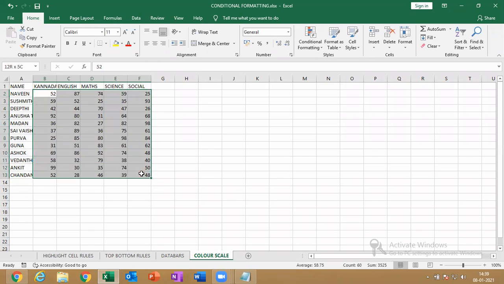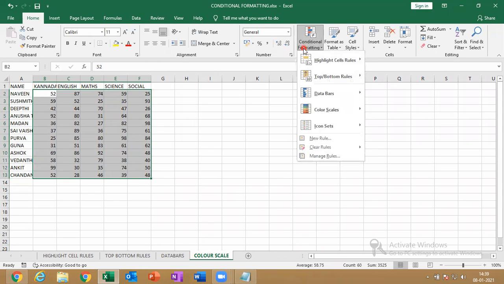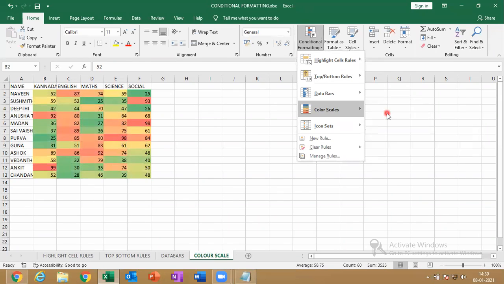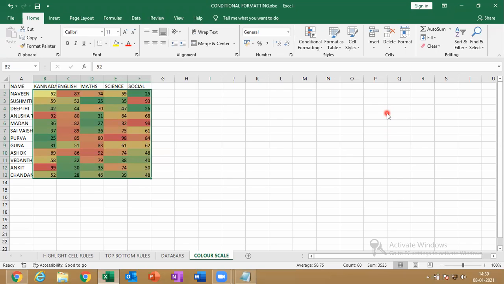Select from here to here. Go for color scale. Just apply. Red, yellow, green. So red will be for toppers, yellow will be for average, and green will be for the lowest marks. Is that clear?